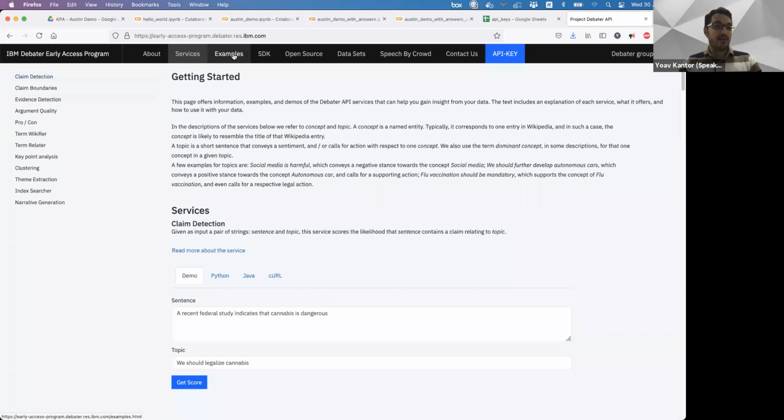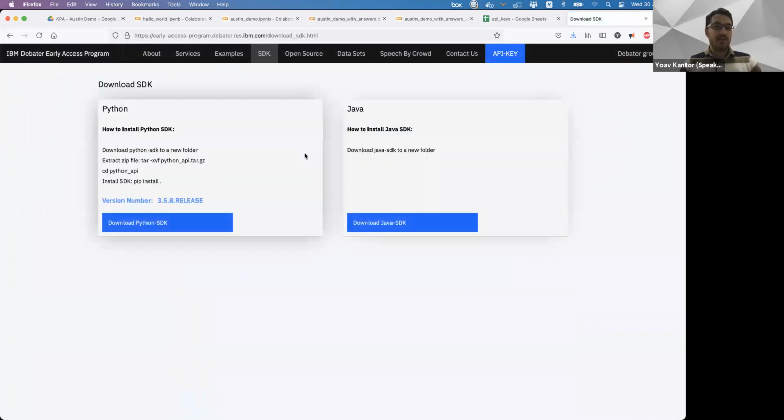You can look at code examples in the third tab, download the SDK and run the services from your Python code or Java code, see open source projects we've made public, data sets that we've published, and so on. When you log in as a guest, you will not be able to get an API key from the site. After you send us an email, we'll be happy to grant you credentials, and you get your own permanent API key from the site.